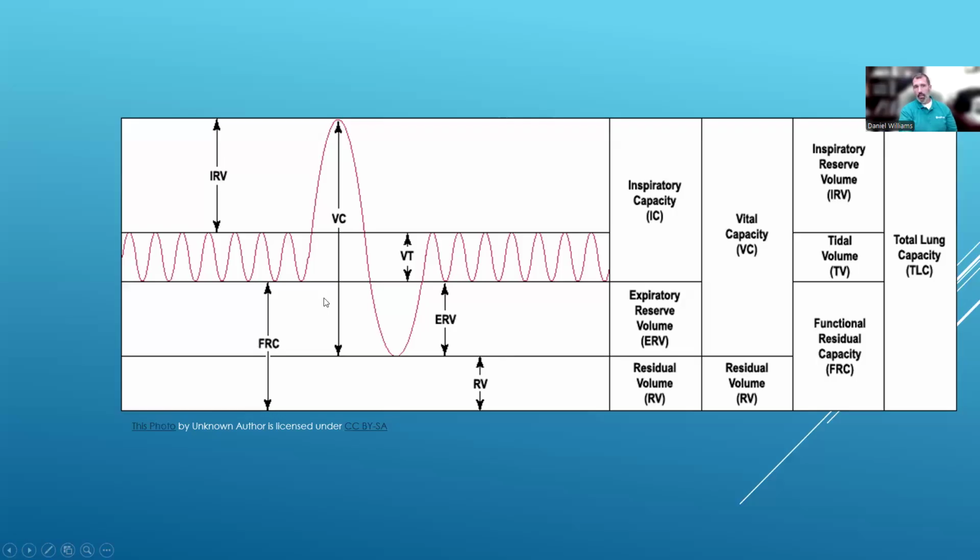With COPD, FRC tends to increase because there's trapped air that you can't fully get out. So your residual volume is likely going to increase quite a bit with COPD when you think about the overall pathology that's going on. So inspiratory reserve volume and tidal volume are going to be the 2 volumes that make